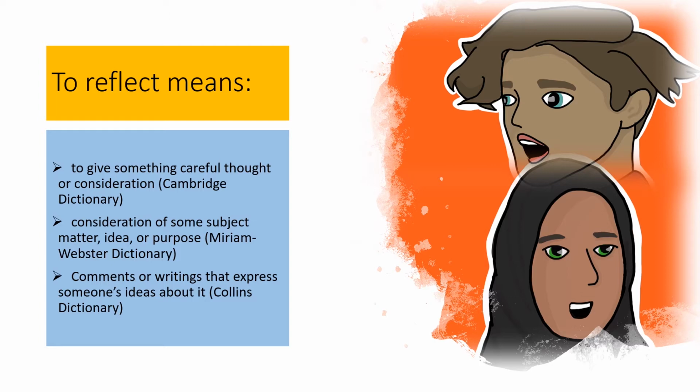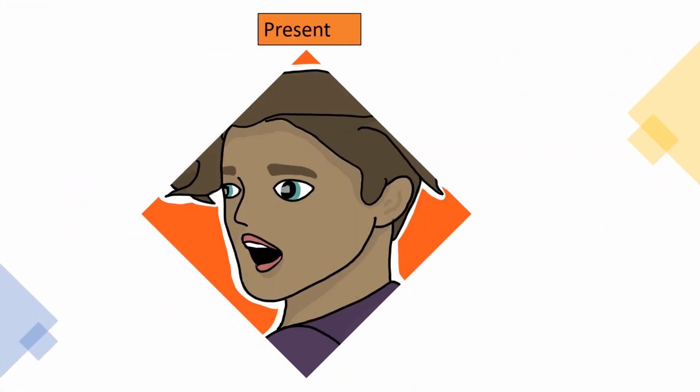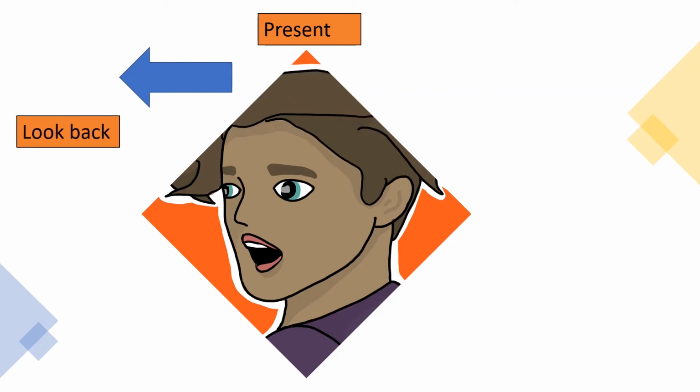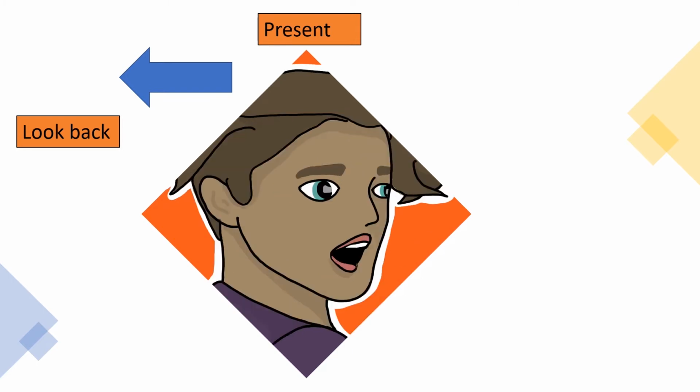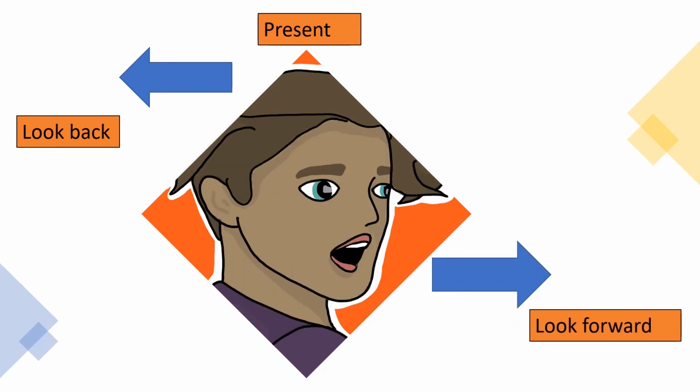Reflection means to take a moment in time where you stop and look back at what you have learned and experienced. But the crucial aspect of reflection, the purpose of reflection, is to use that reflection in order to come up with a plan to move forward in terms of your own theoretical and practical knowledge in your field of study. This may lead to an aha moment. The process may cause you to look at the subject matter you are studying differently, or to come up with solutions to problems that exist in the application of this theory to practice.